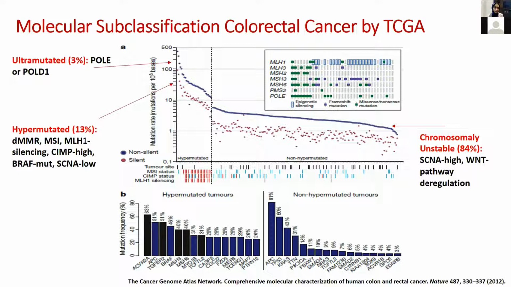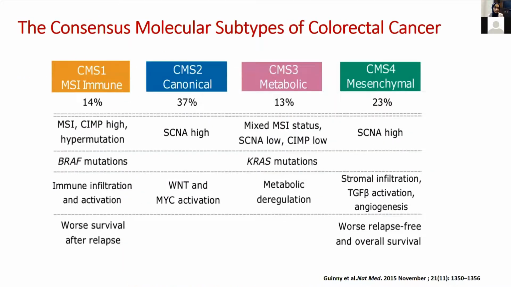Sometimes these cases manifest as an MSI-high phenotype, but a certain percentage can also manifest as microsatellite stable. So they would not show MSI-high; despite showing a high tumor mutational rate, they would be characterized by a microsatellite stable phenotype. The other molecular classification that has been done so far for colorectal cancer is based on gene expression